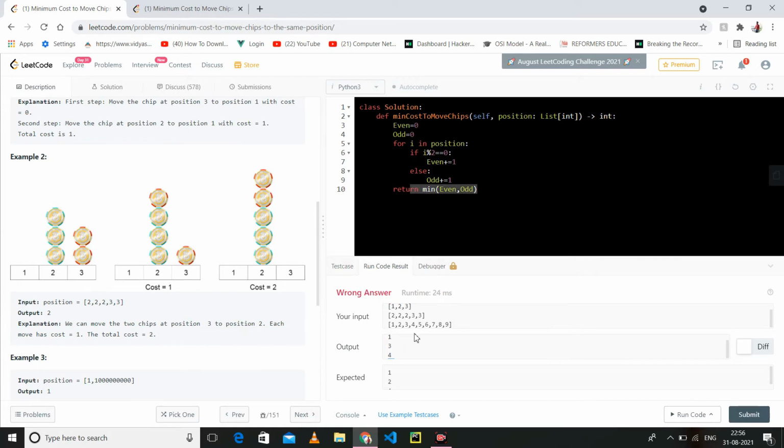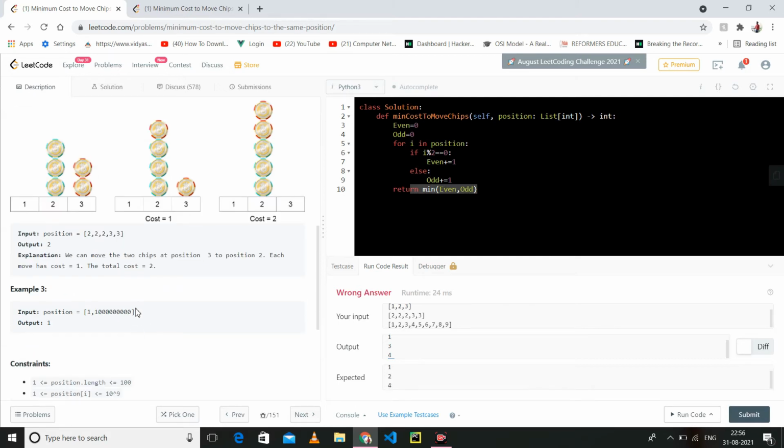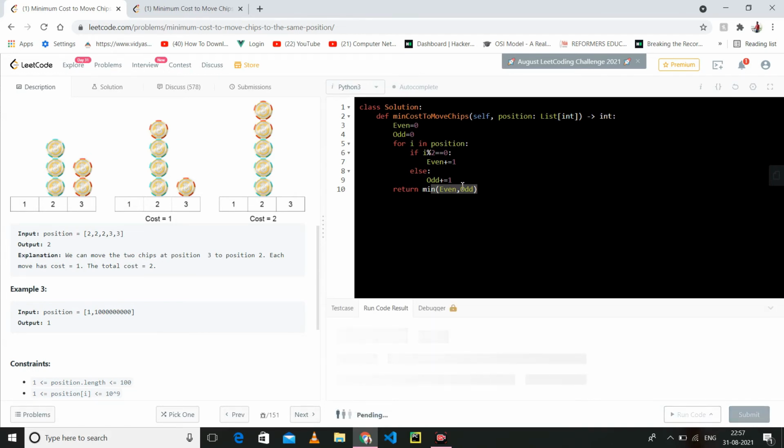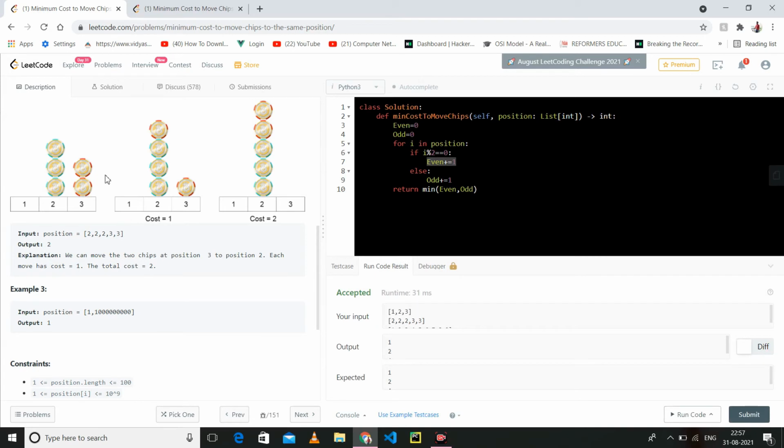So this is correct. Now if you take 1 2 3 4 5 6, it gives the correct answer. If you take 1 to 1000, you check that if 1 is not divisible by 2, you increase odd by 1. If it is divisible by 2, we increase even by 1. Then you just return the minimum of the two. So let's run it. Although we increment only even, due to getting the minimum, we have maintained another variable which gives me the odd count. So we just take the minimum and return.